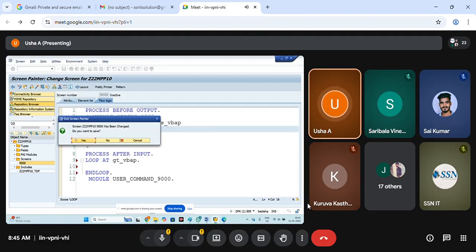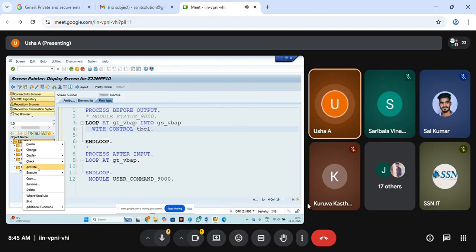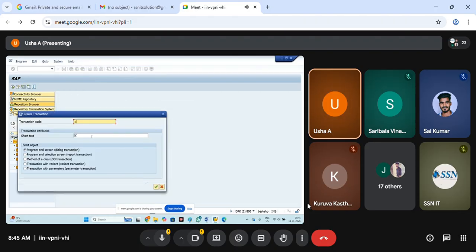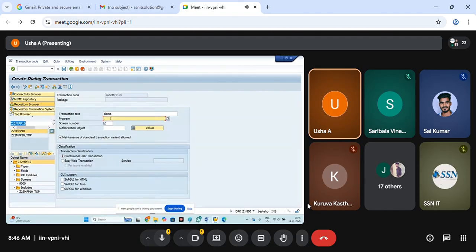Just go to display mode, save it, and then right click and activate. If you are in the screen, then you need to be in display mode. Activated, right click, create transaction, Z22MPP10. 9000 is the screen.